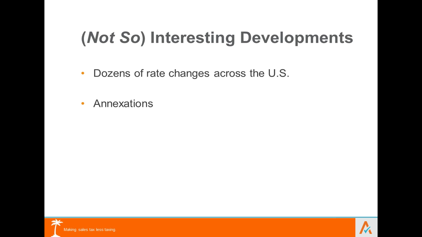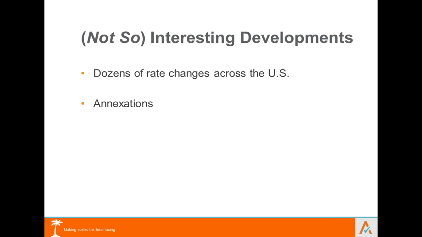Hey, what happens January 1st? So guys, just like the start of every quarter, and really the start of every month, but particularly the start of every quarter, lots of rate changes, lots of annexations. Can't believe there are dozens there. Honestly, I think it's more like hundreds. I personally looked at the Washington annexations for this quarter. It's 17 or 18 annexations.